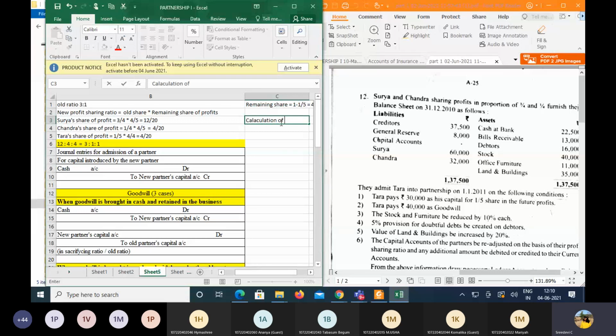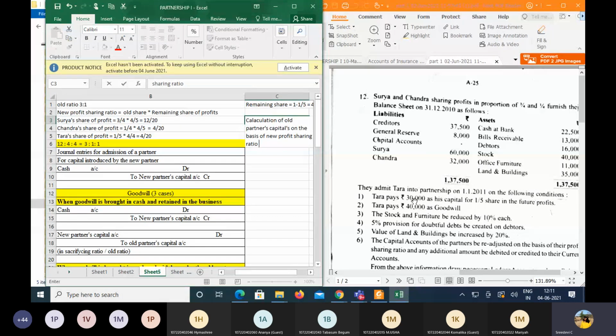Calculation of old partners' capitals on the basis of the new sharing ratio. Okay, now here as you have seen the new partner is bringing 30,000 as his share of